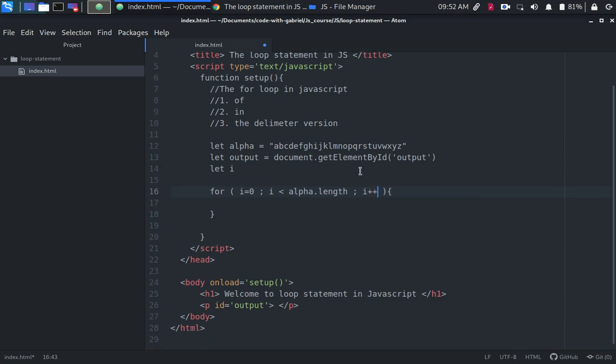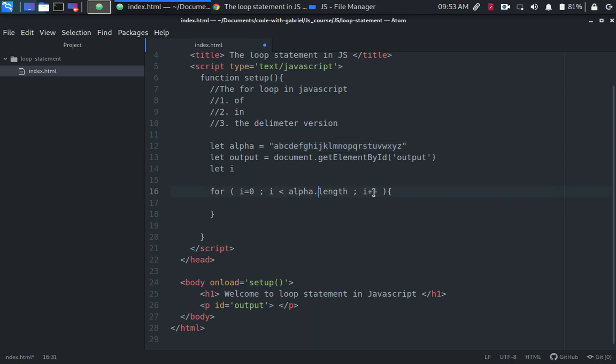And how this thing works is similar to the while loop, but it really works in a different way. The while loop executes based on when a condition is true, then we can continue to increment the value and loop through the sequence. But here we just set up that, from 0 to the length of the value that we want to loop through,